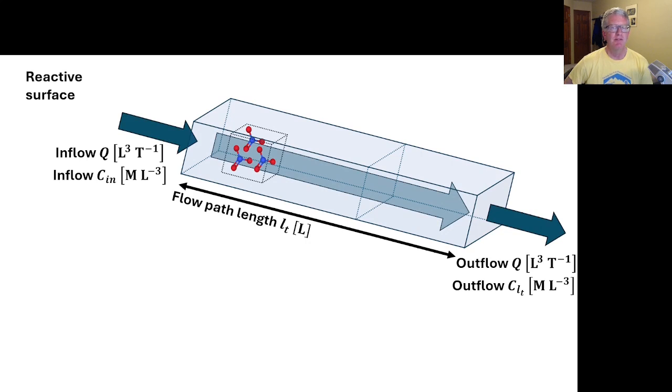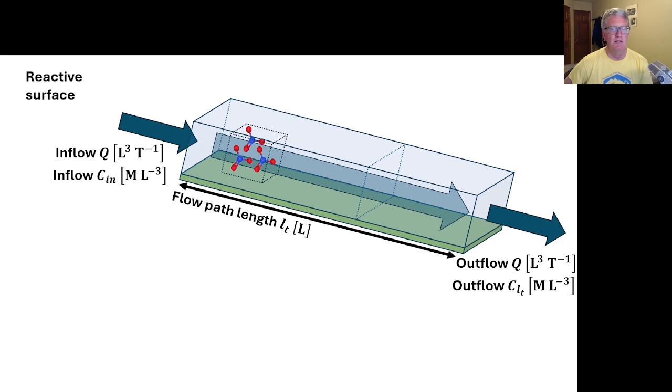The reactions that are affecting the flow path may not be occurring throughout the entire volume of mobile water. They may instead be occurring across an area of reactive surface that is in contact with the mobile water. The reactive surface reference frame is particularly useful in streams because most biological activity is happening in proximity to the stream bed. And thus, in stream ecosystem science, we commonly want to compare the intrinsic capacity of stream beds to